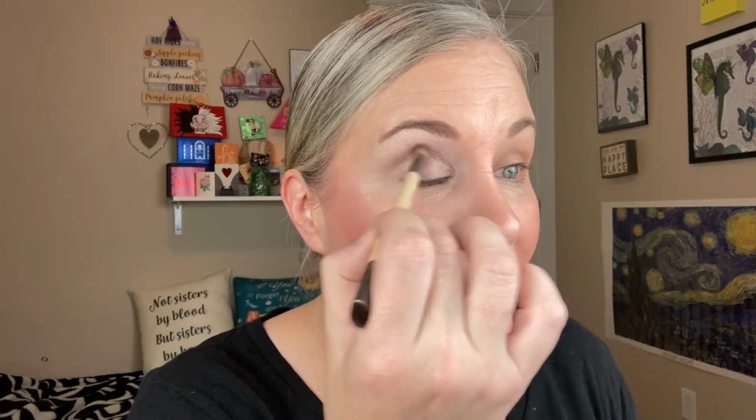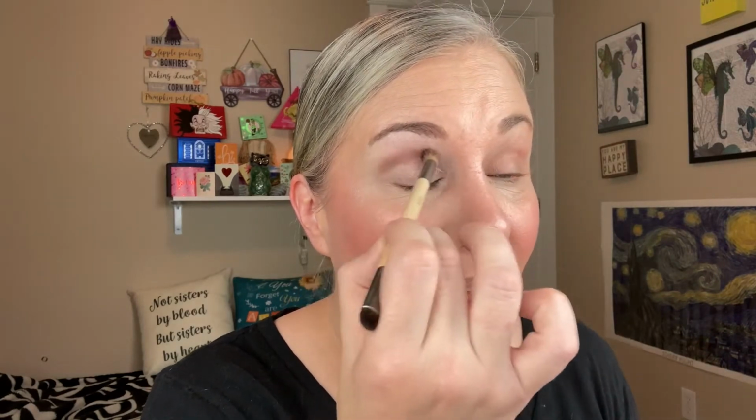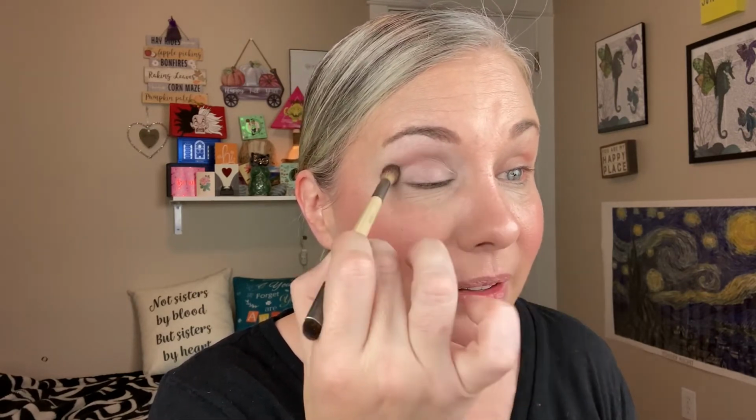I just wanted to create a daytime look that is easy and doesn't take forever, because that to me is more of a daytime look example. You guys might not agree with me, but you could wear this look anytime at night. You could go out to dinner with this, out to the club, whatever you want to do. But I was just trying to think of what would look nice for a daytime look that's easy, doesn't take you forever, and you can leave the house and feel like you look